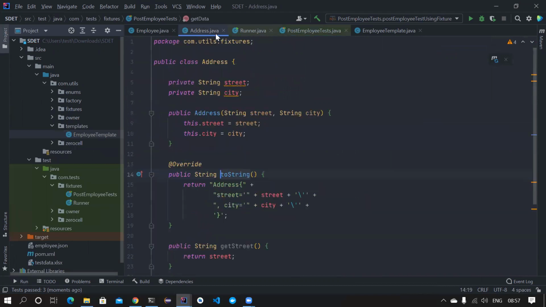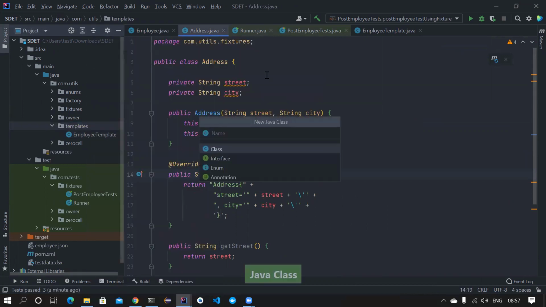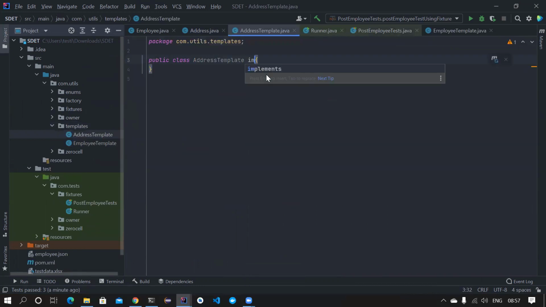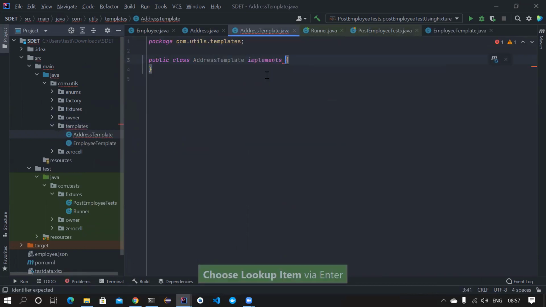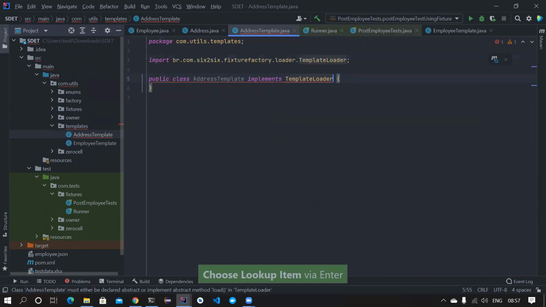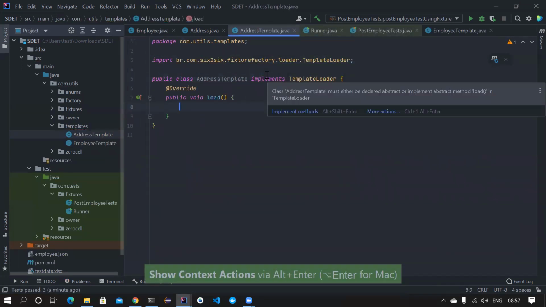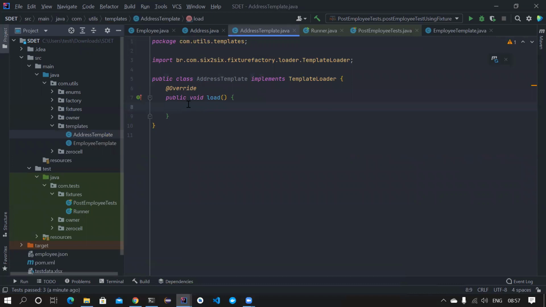The same way for the address also, you can create your own template and then use it. So for example, you can create a new template for address. So address template, and then it has to implement template loader. Once you implement, you have to provide the implementation here. For the address, there are only two fields.